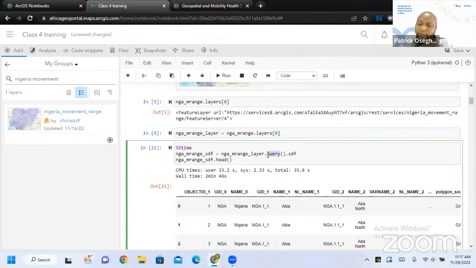If there is a NaN that it cannot automatically convert to numbers, it will throw an error. So I'll use the query, and this is a spatial data frame. That's what SDF means, spatial data frame. So this will help me to convert it to a data frame.